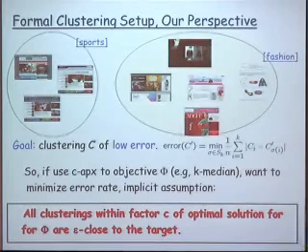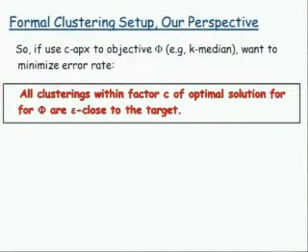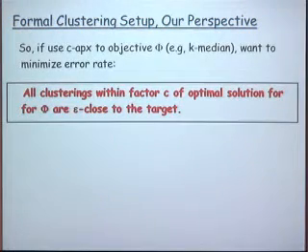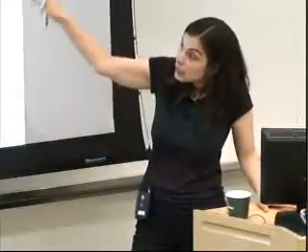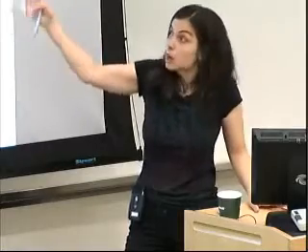I mean, it's implicit, because otherwise the clustering that we output is not going to be meaningful. So again, if we end up using a C-approximation algorithm to objective phi, say k-median, to cluster documents, where what we really want is a clustering of low error, close to our target clustering, that means that we must implicitly assume that any clustering that is within a factor of C of the optimal solution for objective phi must in fact be epsilon-close, according to the symmetric difference distance, to our target clustering. So epsilon is a parameter: it's how close we are to the target clustering.